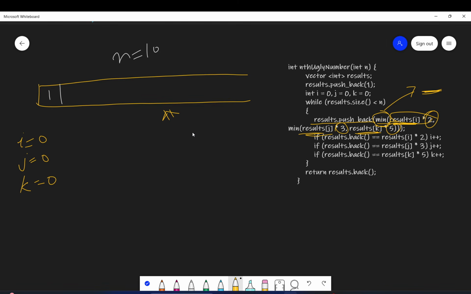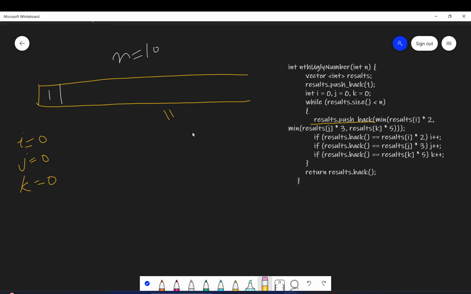If this next ugly number is the 2 multiple, we will increment i. If it is the 3 multiple, we will increment j, and if it is the 5 multiple, we will increment k. So don't worry, you will understand. Let's try to run it.